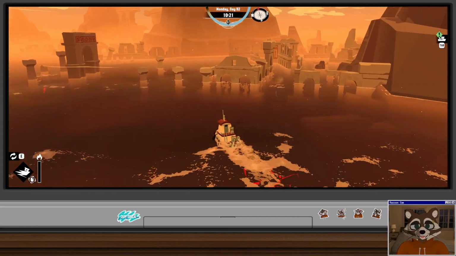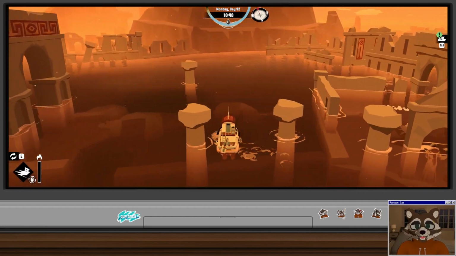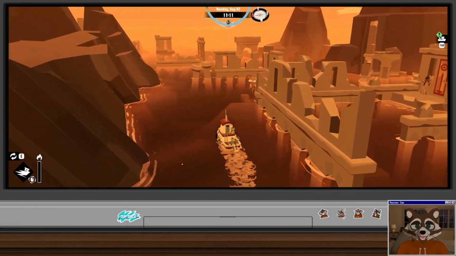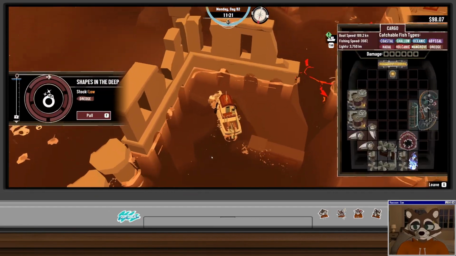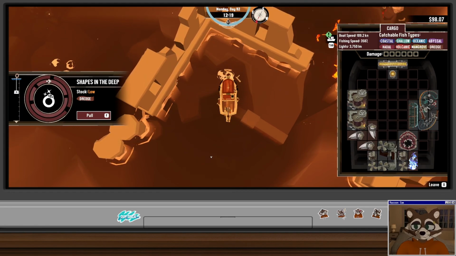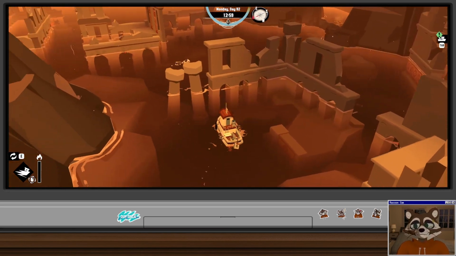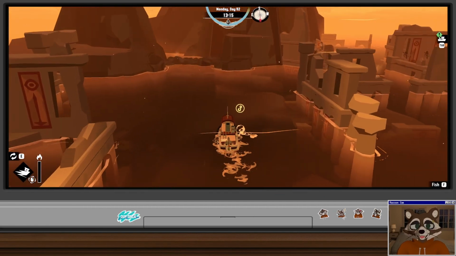So we have some explosives. See what we can do with those, huh? Zoom on over here. Ooh, what are those? Gladly take some shapes in the deep. Nice. Opal ring. I like that. I'll be able to make some cash, which, you know, I'm dreadfully short on at the moment, but...